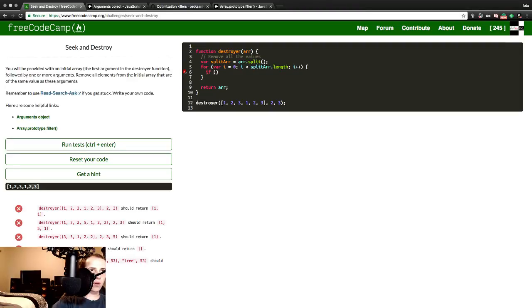If it doesn't equal something for each, in splitarray.length, if split array i is equivalent to 0, not 0, is equivalent to